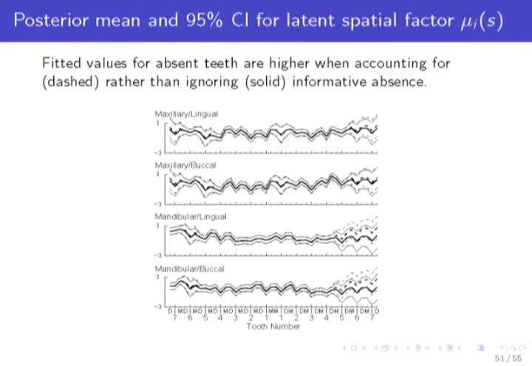And this is the posterior mean and credible interval for the whole latent spatial process mu_ij. Here I have also plotted the credible intervals, so you can see six of them. The dashed ones are the ones that you get from the model that does consider b0 not equal to 0, and the bold ones are the ones that do not consider the informative structure.